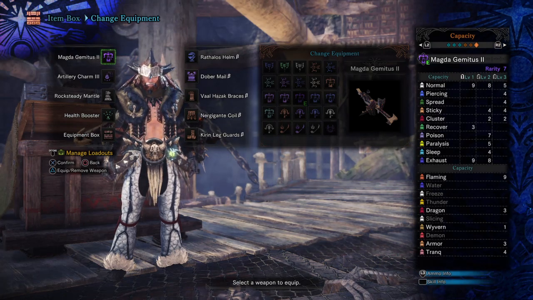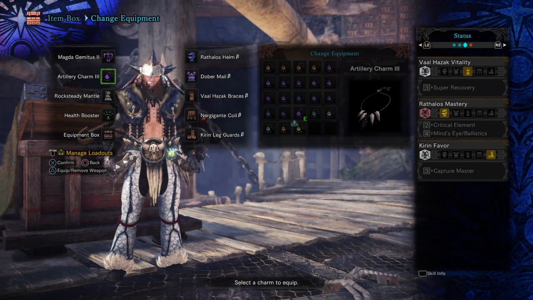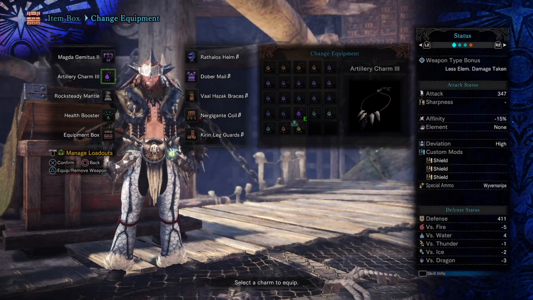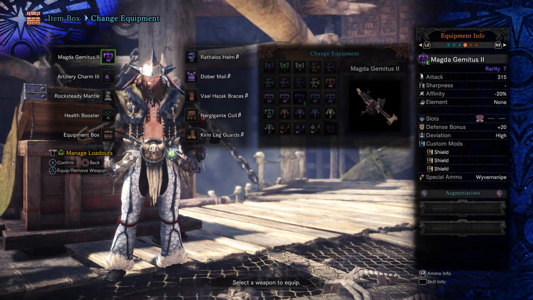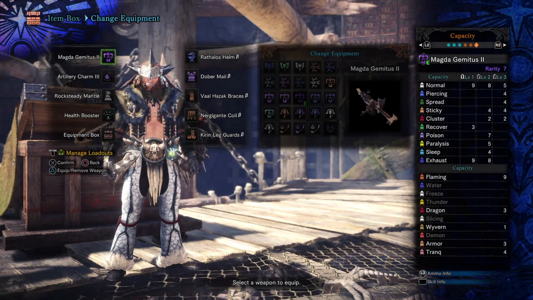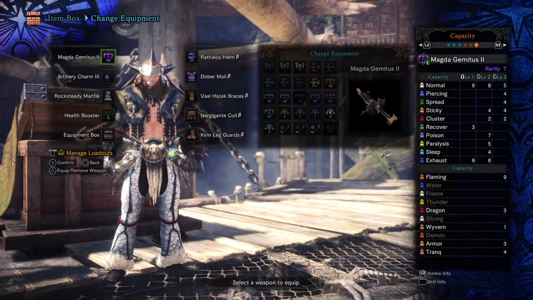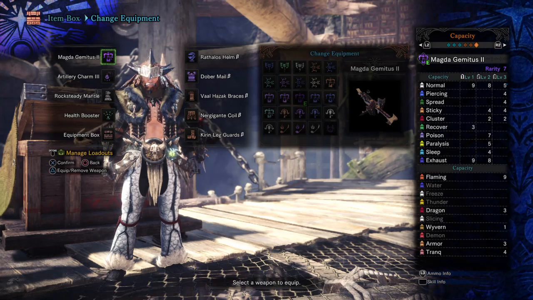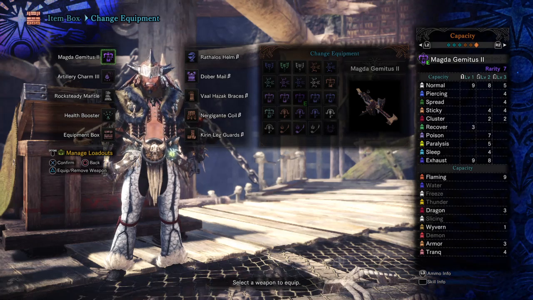No worries. I do have the artillery charm just to cap out my artillery, and the reason I have that is because artillery is really, really good for sticky shots. I almost call them crag shots because they used to be called crag shots before they got renamed to sticky shots. It just confuses an older hunter like me. But cluster shot is one of the higher damaging